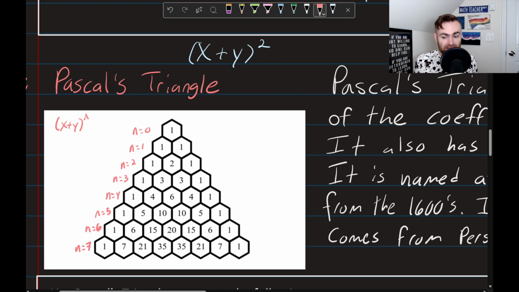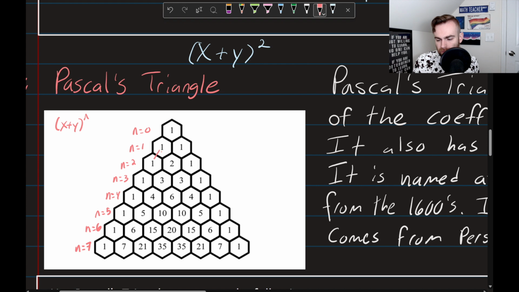How can we create Pascal's triangle? Well, if we look, the leftmost sides and the rightmost sides of each row have 1. Then the middle, or the second and second to last terms, have the n number. Where do we get the middle here? Where does this 6 come from? Well,